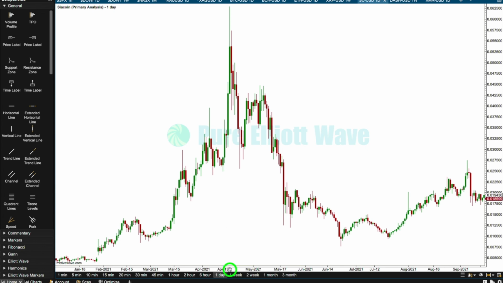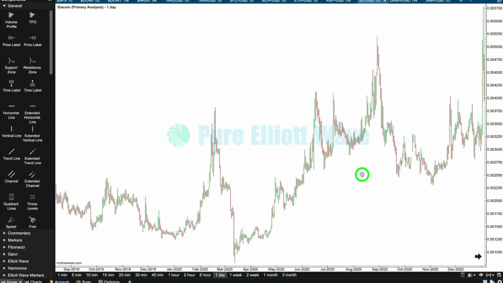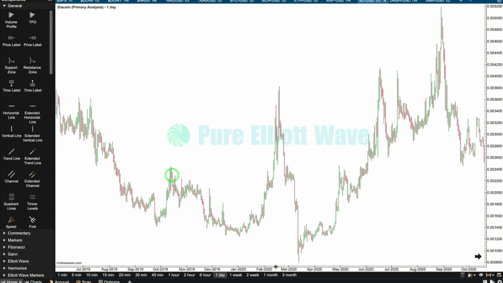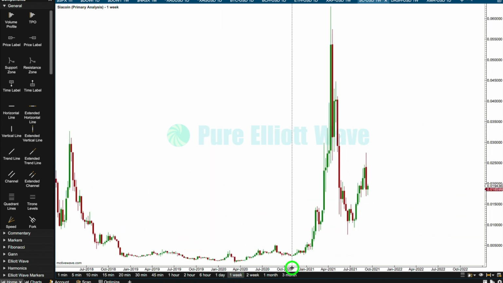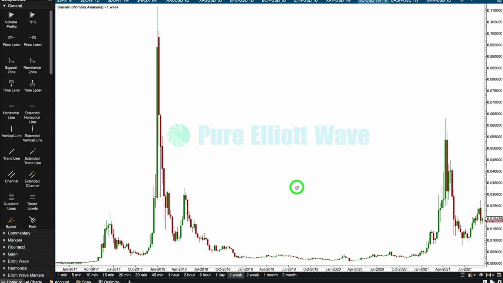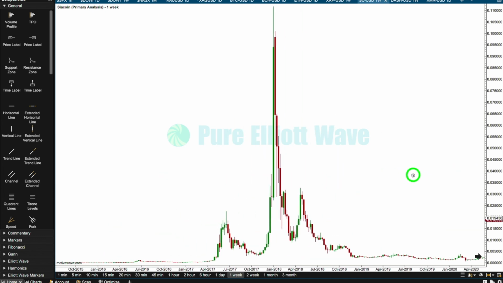I've downloaded the entire price history of this particular market. Let's look at this at the weekly chart level on an arithmetic scale so we can get an idea of the exponential growth of this market. And this is what I'm looking for. I'm looking for cryptocurrencies that have a relatively low value. This one's at just under 2 cents each, which is so cheap, which exhibit this curved exponential growth and then